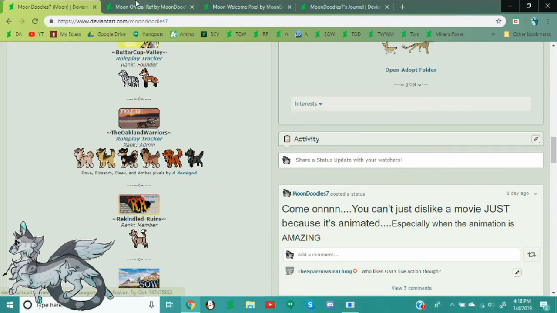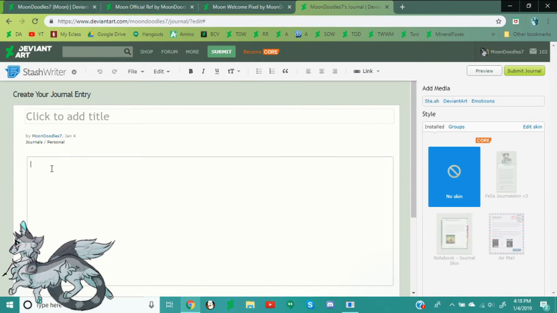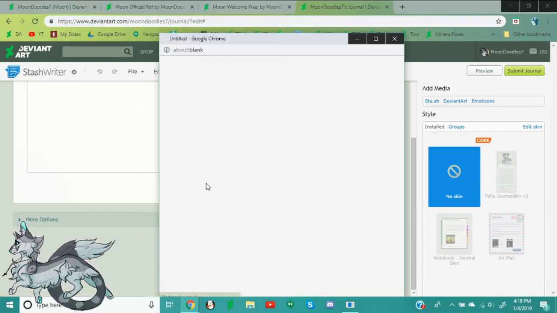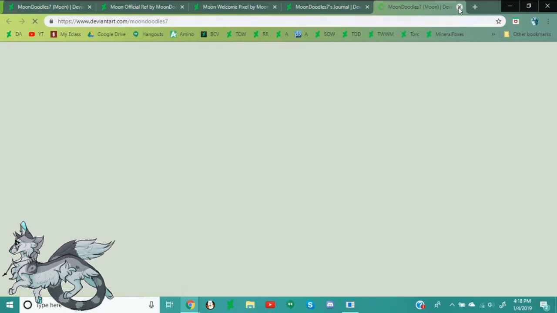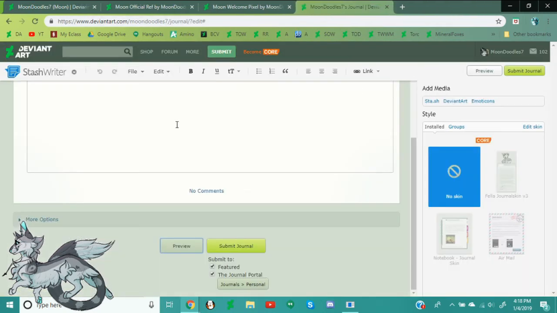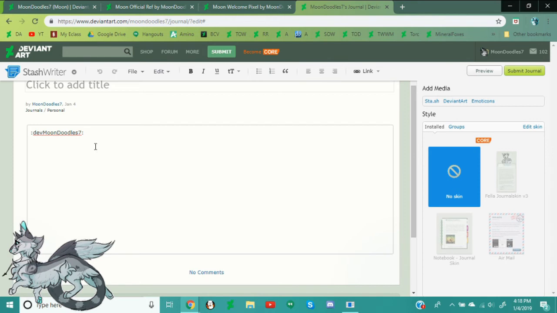This is a link to someone's profile. How you link people's profiles and all that is you just put dev, and then their username. Let's use mine as an example. Dev, and then their username, and then you'll get this little clickable link to their page. And that works for groups too. So you can put dev, like the Oakland